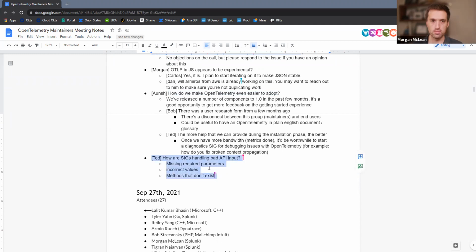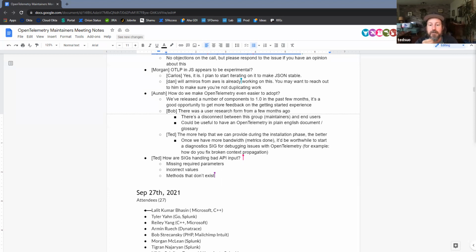All right, next up, Ted, how are SIGs handling bad API input? Yeah, this came up from the Python SIG. I thought it would be worthwhile to raise it with the maintainers. There was just a question of, we have broad rules saying that the API should not throw exceptions and muck up the user's code, which is very important. But we don't actually have a lot of details in the spec,